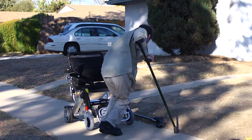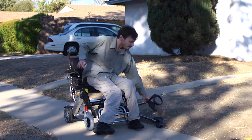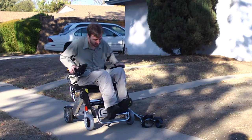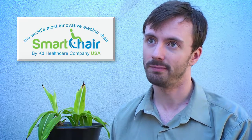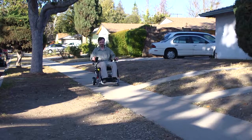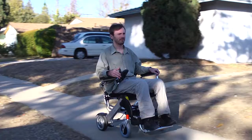If I'm going to Disneyland or to a networking event, somewhere that I know there will likely be crowds or long distances to travel, anything where I think that I might have to stand for a long period of time, my primary concern is that the wheelchair is lightweight. Anything that would be lightweight and easy to maneuver was more important to me than aesthetics, but I would certainly consider a chair that had some sort of